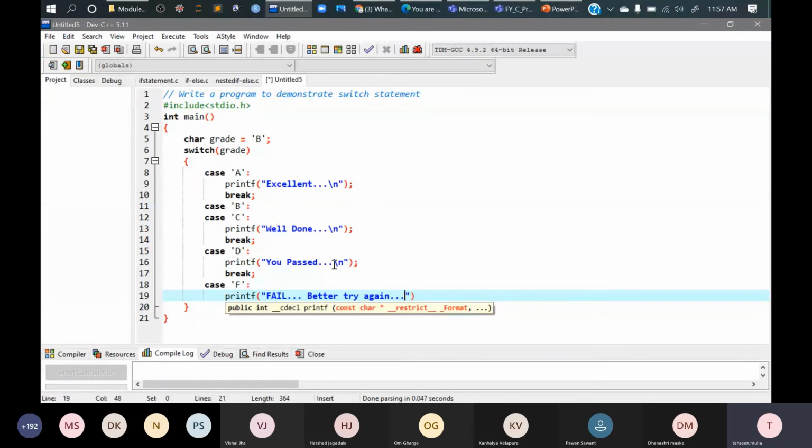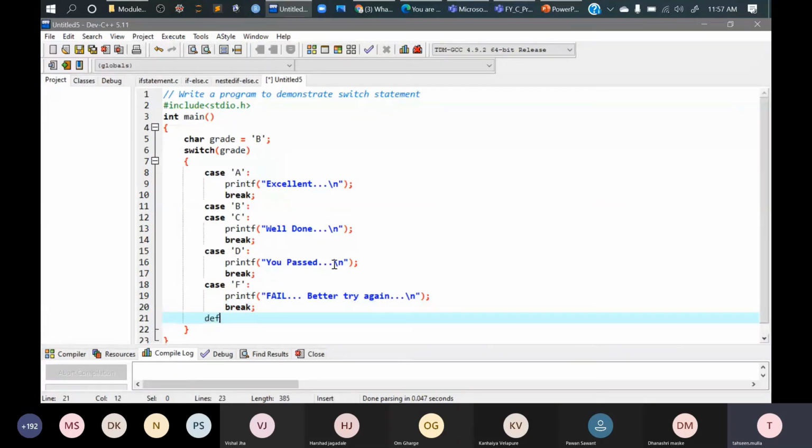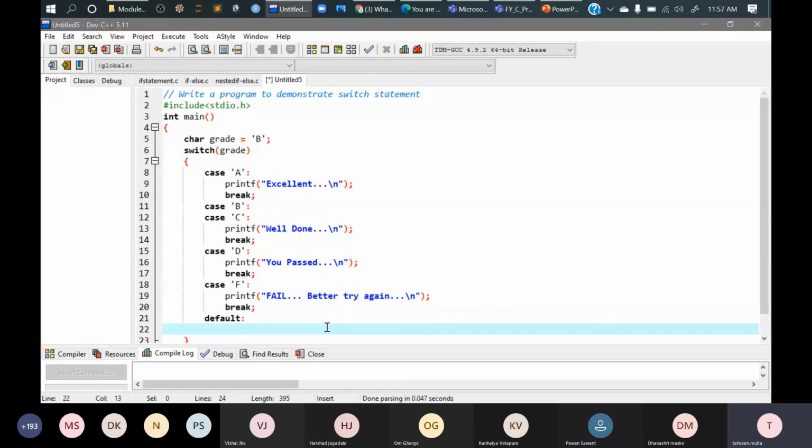We'll take it on the next line to handle the default case also. We'll break this code here and then go for default. Now, why default? Suppose these are the valid cases A, B, C, D and F, and a user enters something other than these. That too has to be handled, that whatever grade you have entered is not valid. So enter a valid grade. So I'll put it in printf.